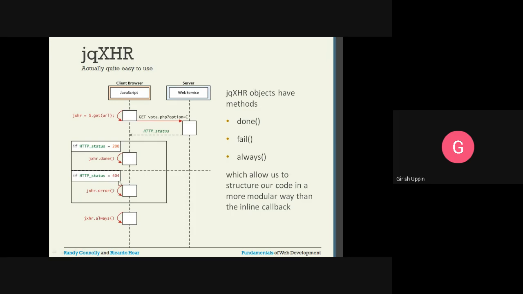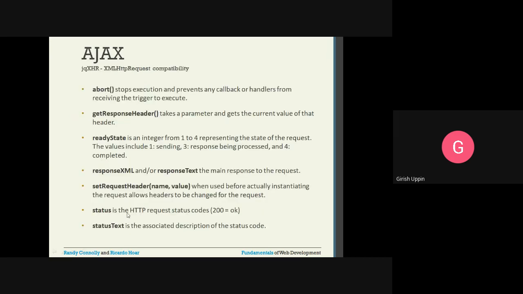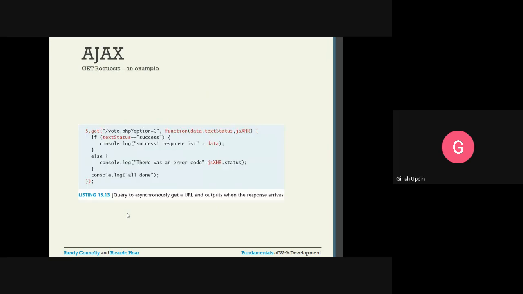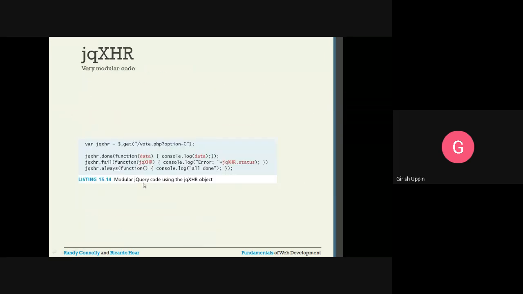If it is an error 404, you can include certain other code, and irrespective of what the response is, you can execute this particular set of code. That is how the previous example we talked about is implemented using these three methods.